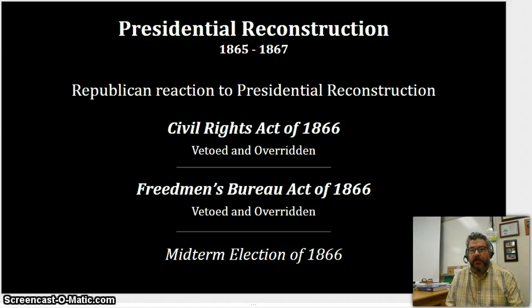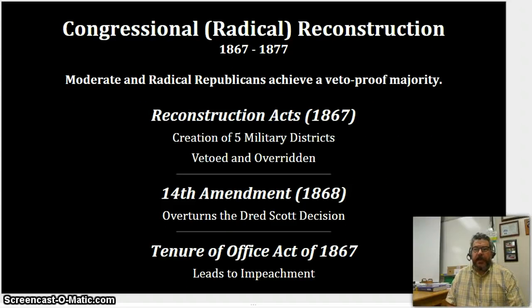This will be the year where we have midterm elections. The country, much like Congress, is dismayed by presidential Reconstruction, and Republican power in Congress will grow. And so now we've reached a point where a supermajority, really a veto-proof majority, is pretty much in place in Congress, and it will bring presidential Reconstruction to a rapid end. This is where we're going to pick up in the next video, and we'll start to talk about how radicals, how congressional Republicans are going to reconstitute Reconstruction, basically scrapping Johnson's program and starting from scratch.